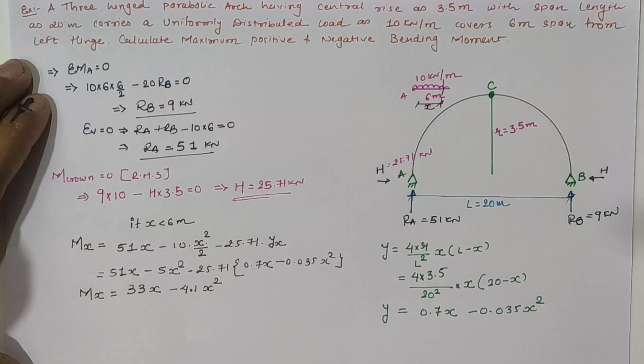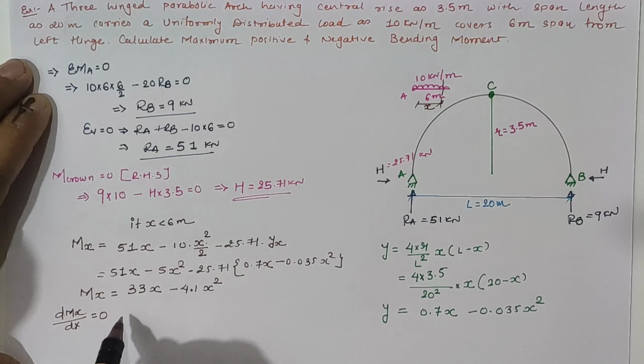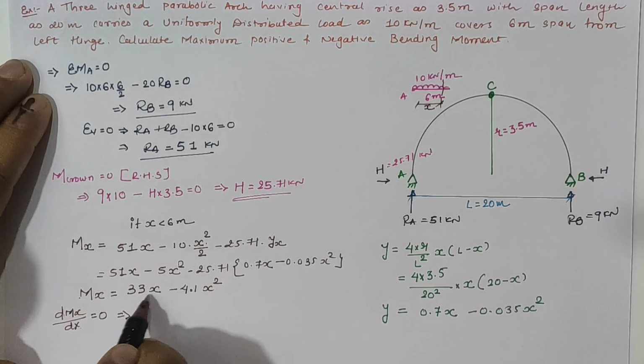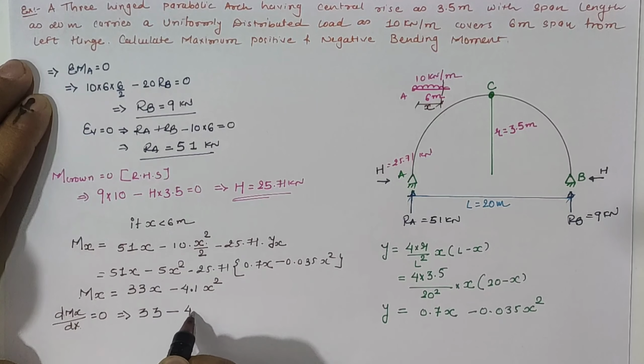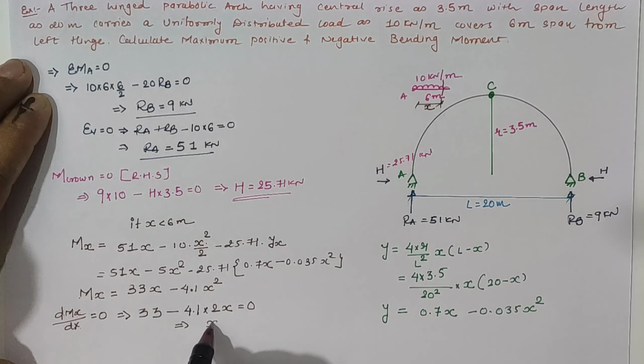Now for the maximum value, we require dMx by dx as 0. It means the derivative of Mx with respect to x: for 33x it is 33, minus 4.1, a constant, and for x square it is 2 into x, which is equal to 0. It means our value for x is equal to